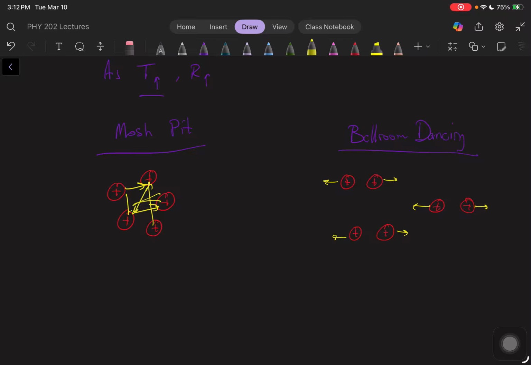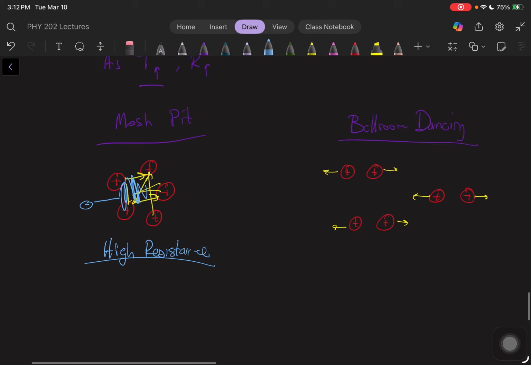Well, imagine you're trying to walk through either of these events. You're just a young electron trying to cross through this. As you try to get through the mosh pit and everyone's pushing and shoving, you're going to get jumbled into the mix. And so that's like a high resistance event. It's going to be hard to walk through all of these people crammed together, pushing, shoving, having a good time. Versus if there's ballroom dancing going on, you can cut through very easily. And so that would be considered like a low